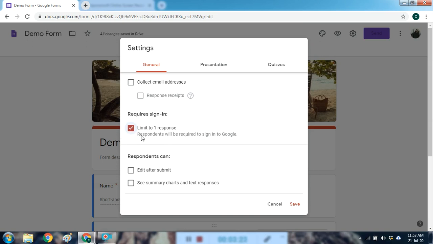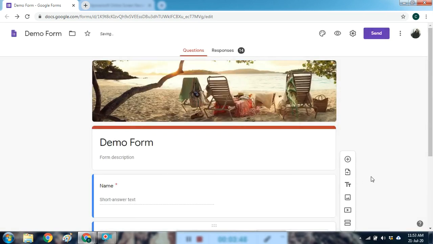Once you do this, you will see a message over here: respondents will be required to sign in to Google. That means now when the person signs in with abc@gmail.com or whatever their email address is, they will be limited to only one response. They will not be able to give their opinion, their poll or the test again with that email address. And then click on save.